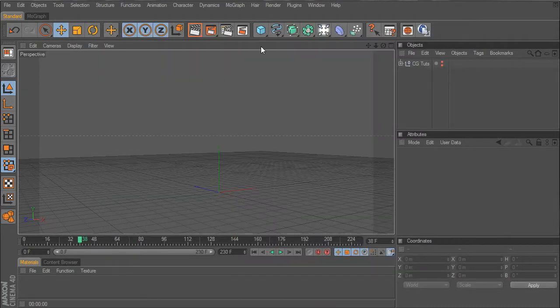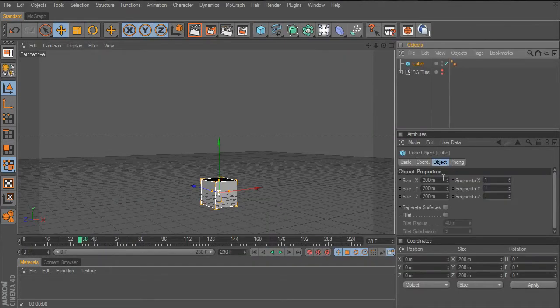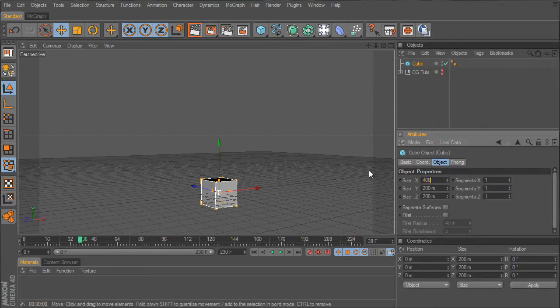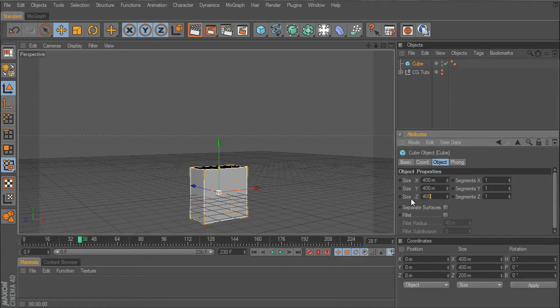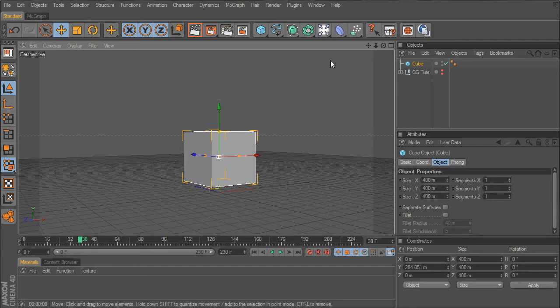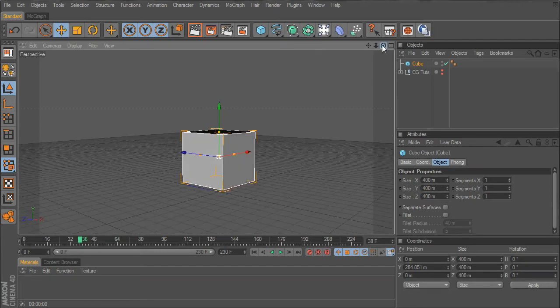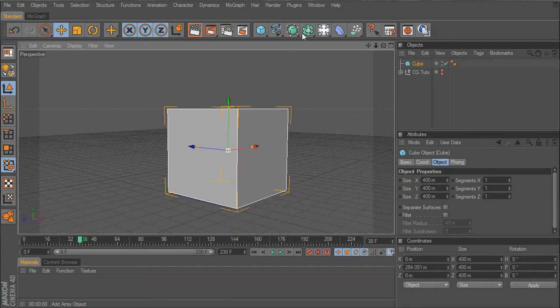So we're going to create a cube and set it to maybe 400 by 400 by 400. We're going to do the same thing by creating more pieces